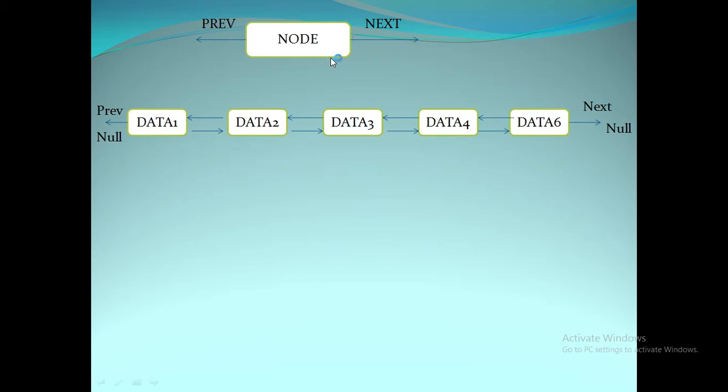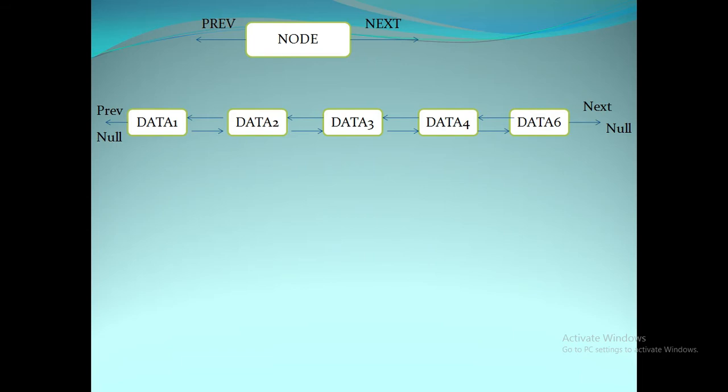In a node we store the data, but you may have a question: how is this node connected to another node? Means how do we know what is the next element to this particular node, or what is the previous element for this node? For that we have two pointers called the previous and next pointer. So the previous pointer is connected to the previous node, and the next pointer refers to the next element present in the list.